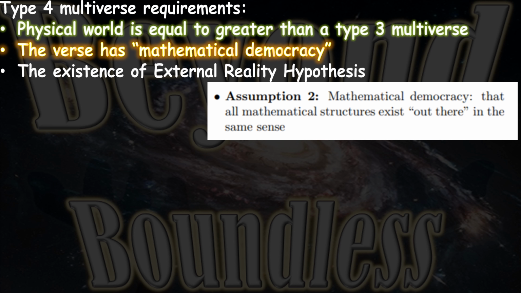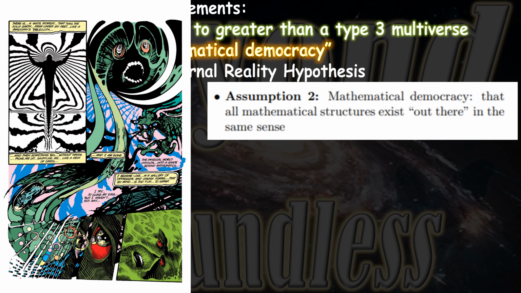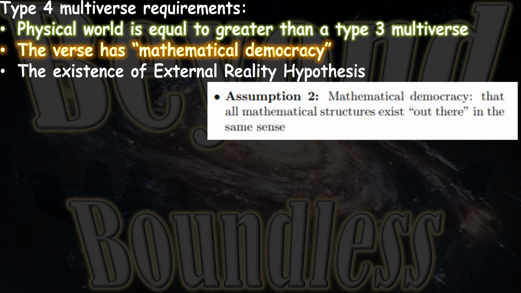The best way to show this, I have found in DC Comics, is to use Swamp Thing, where he was surpassing the physical world, and in doing so also surpassed mathematics itself, showing that it was a thing that existed out there. An extra assumption I like to put on to sort of express the size of a Type 4 multiverse,